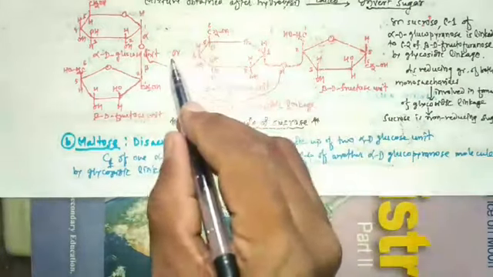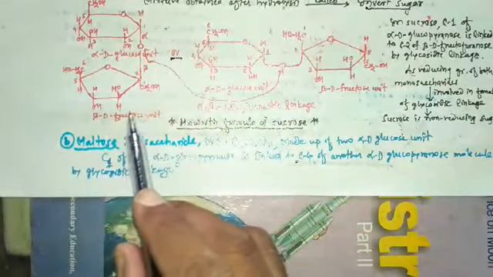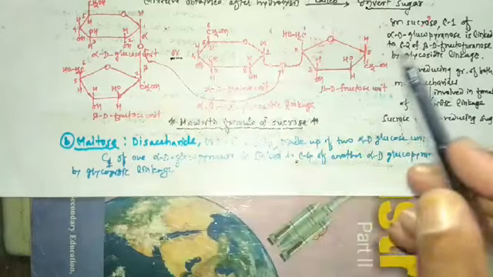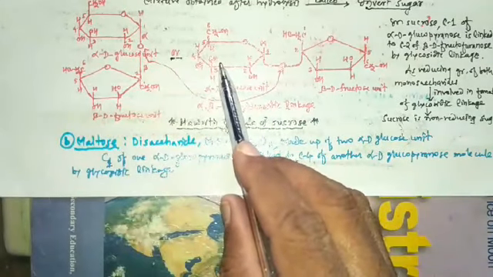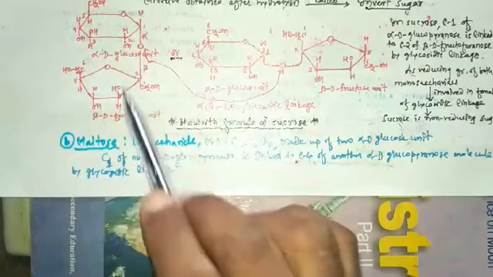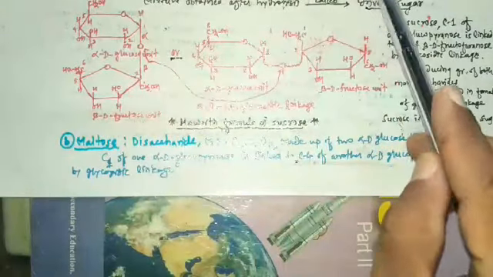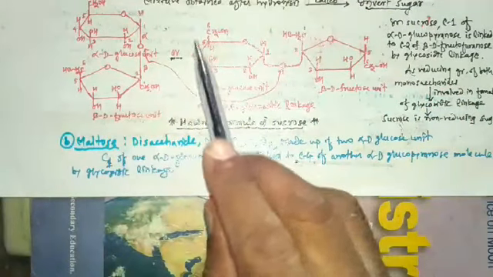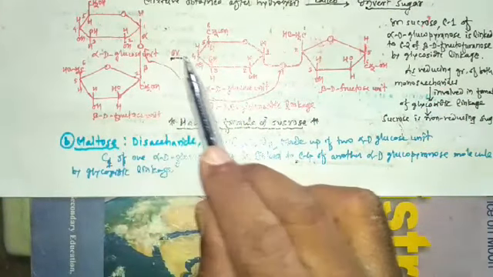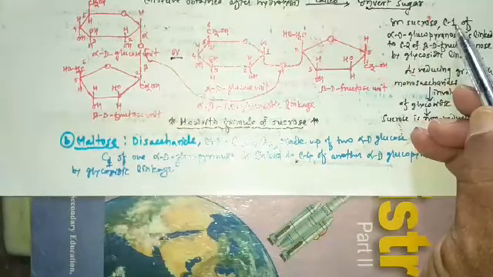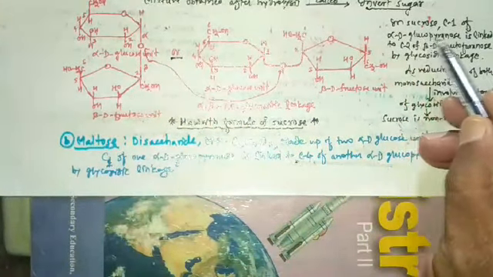Sucrose contains two monosaccharide units. First one is glucose, and second one is fructose. So let's study the structure of sucrose. In sucrose, C1 of alpha-D-glucopyranose